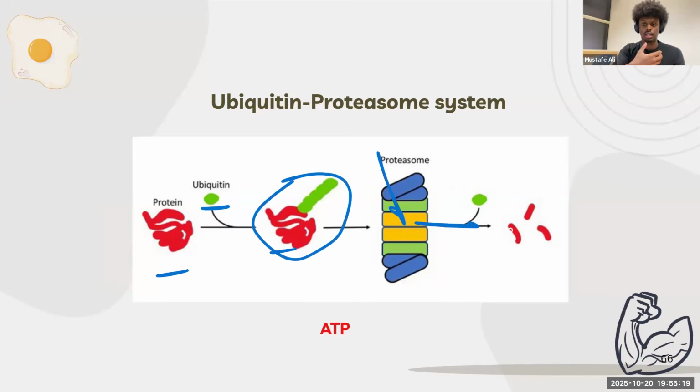It sees that there is an unfolded protein or a misfolded protein. It puts ubiquitin onto it. Once ubiquitin is on it, this proteasome will come to this ubiquitinated protein and it'll eat it up, break it down, and spit it out. Now it's not misfolded anymore, okay? And it can't cause disease. So this is what the ubiquitin proteasome system does. Does it make sense? Exactly. Thank you very much, Mohammed.